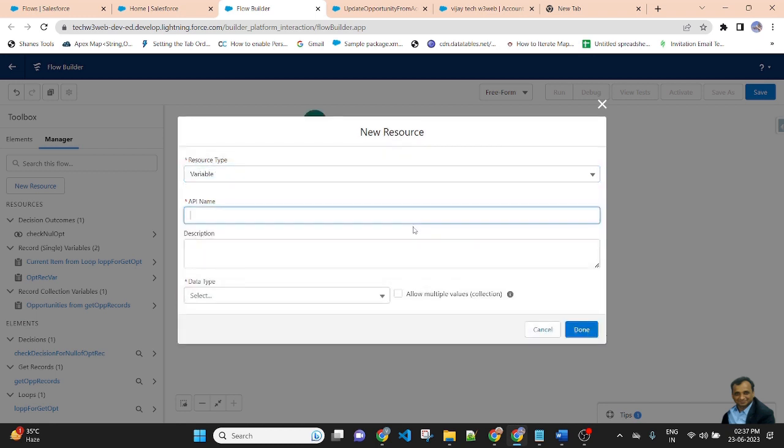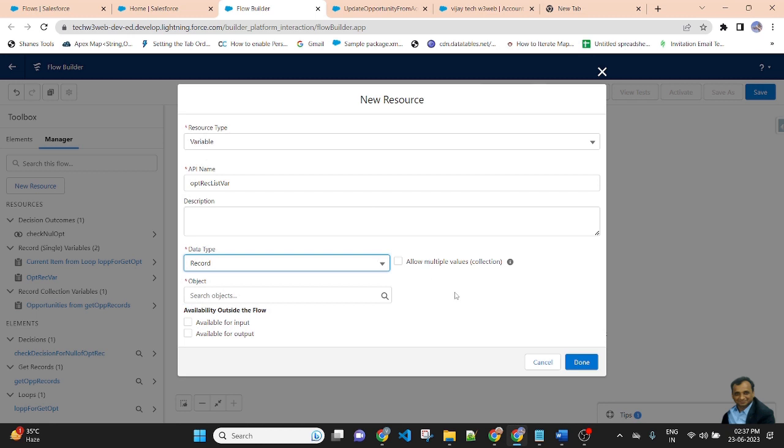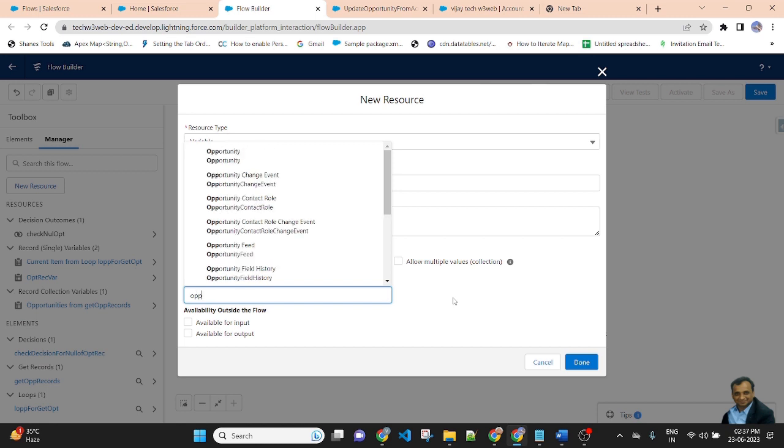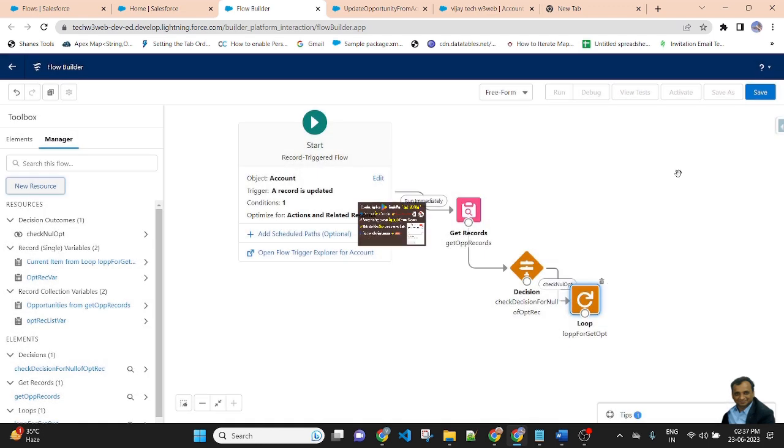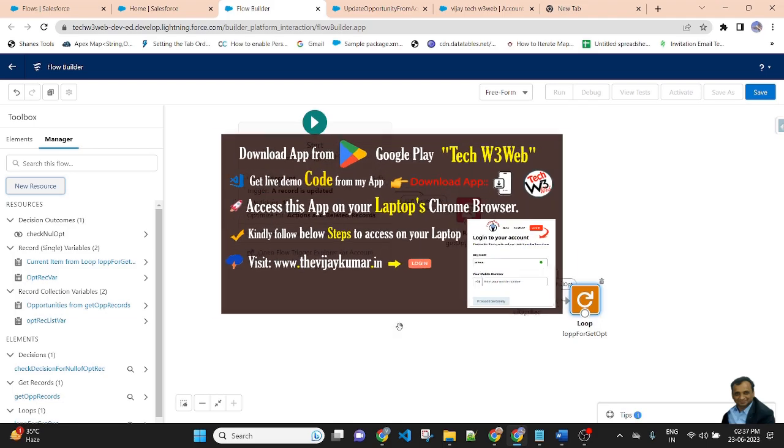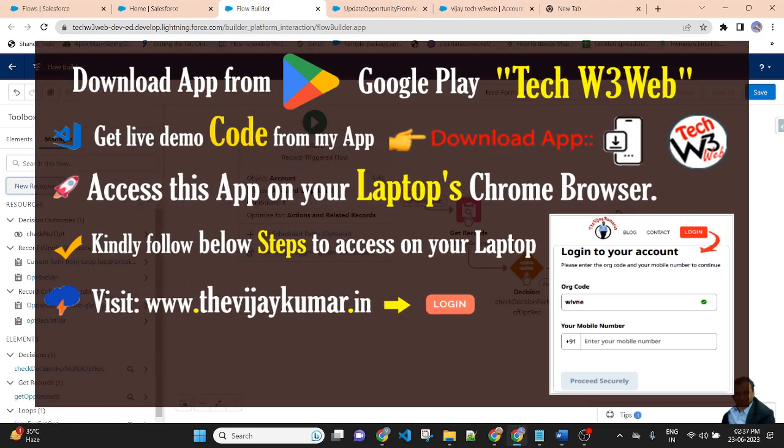So variable API name OPT record list var, opportunity record list variable, data type record, object opportunity, and this time I will create a collection of variables. So check mark allow multiple values and done. I have created two variables, a record variable and a collection record variable of opportunity.